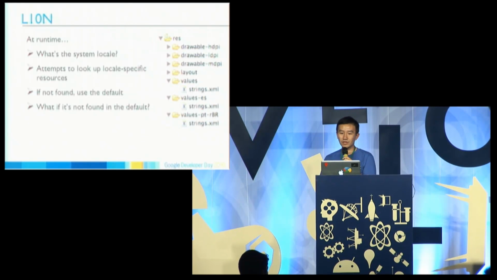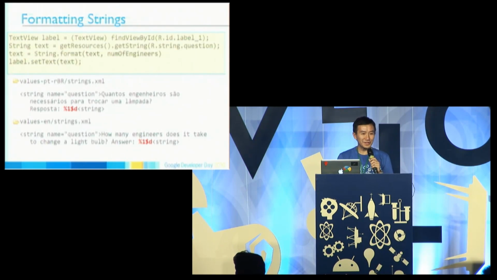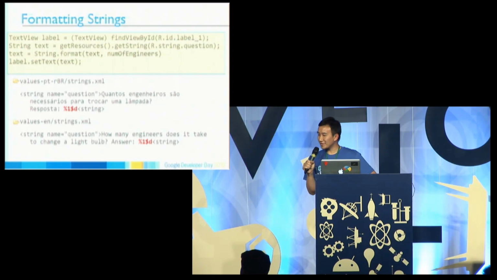If it's not found, it falls back to the default, the values one without any suffixes. Okay, here's an actual example. Formatting string. You want to put a label and a text, right? This is an application that tries to figure out the number of engineers needed to change the light bulb. And in the different localized strings resource files that I mentioned, you just put in the